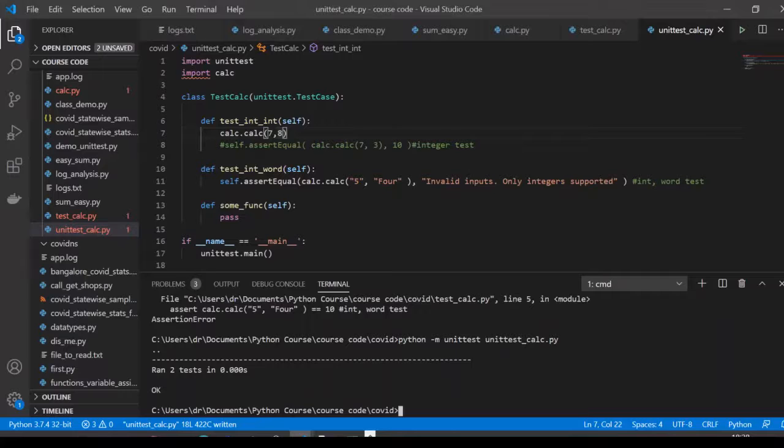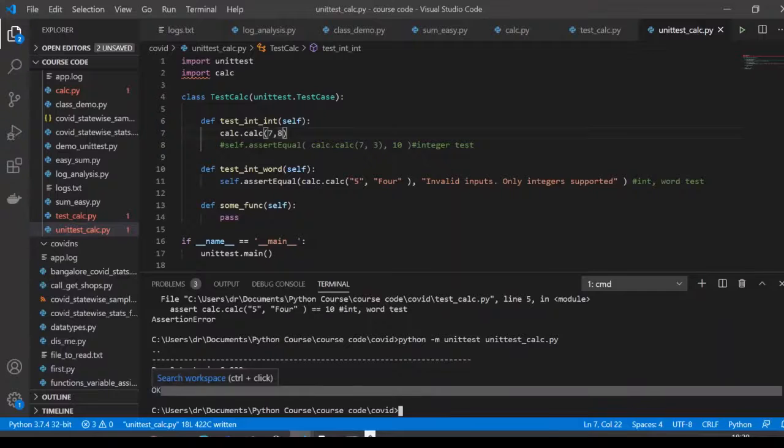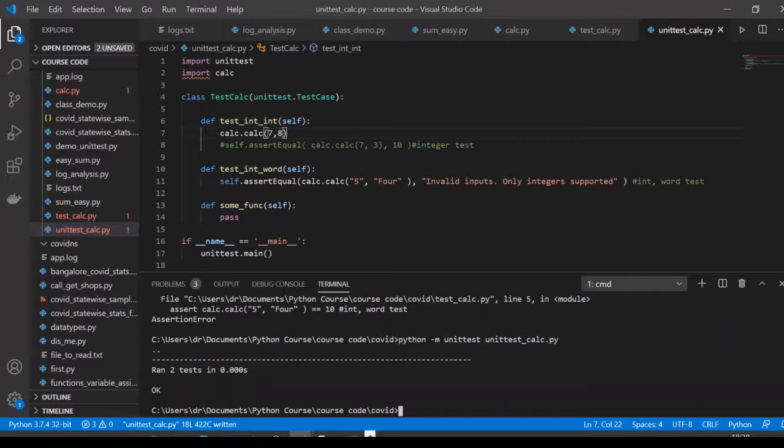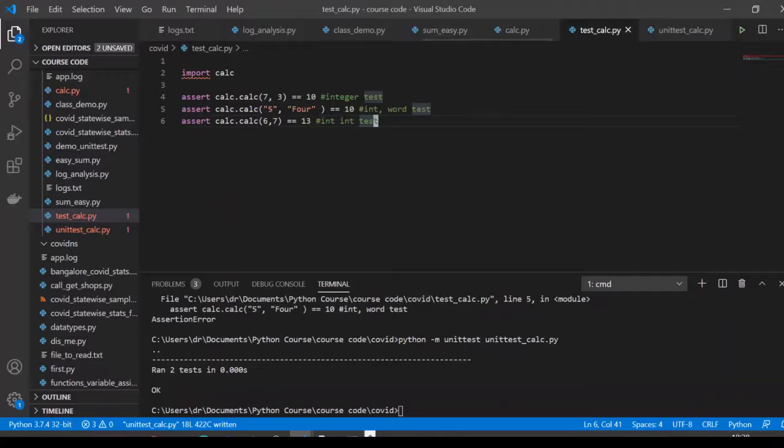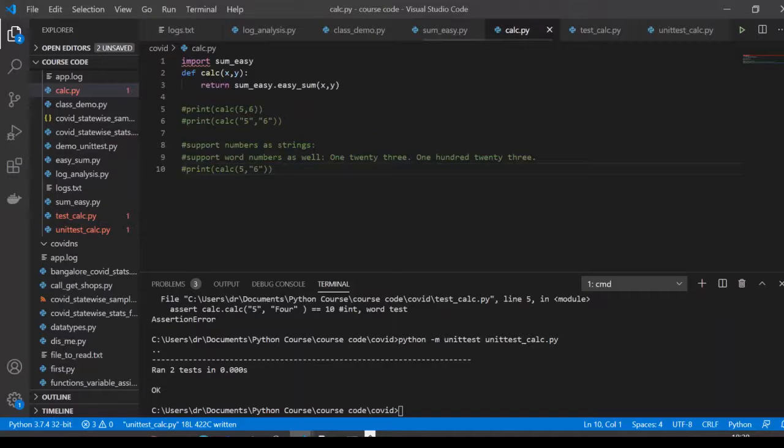Okay, good. Now you can see that it tells that it ran 2 test cases and it is okay. So this is much better than what we did by putting if else conditions. This printing is the worst of them, because printing is just manual testing. Writing if else conditions, if we made it a little bit better to automatically verify it,